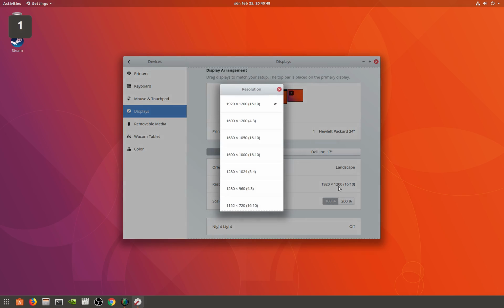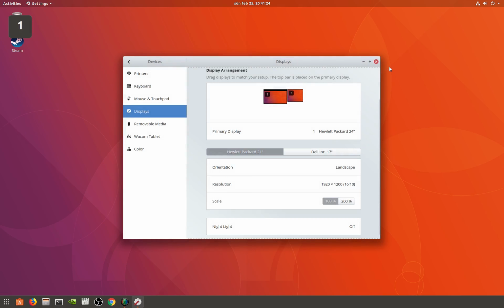24-inch, and if I just go into the regular settings here in Ubuntu, you see there's not an option for 1080p at all because of the 16 by 10 aspect ratio. So it will only show you 16 by 10 and 4 by 3 aspect ratios, no 16 by 9, which is really annoying. So I can't select 1080 here, which I can in Windows. So close this, and